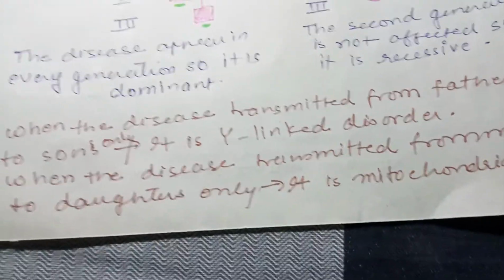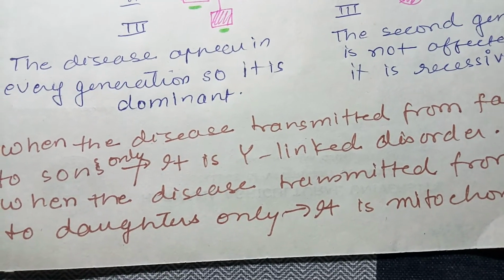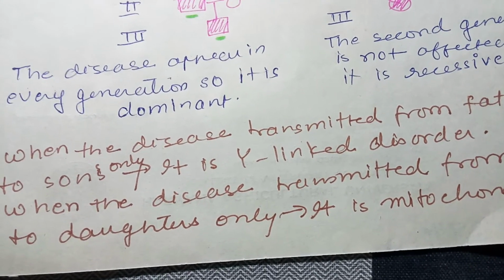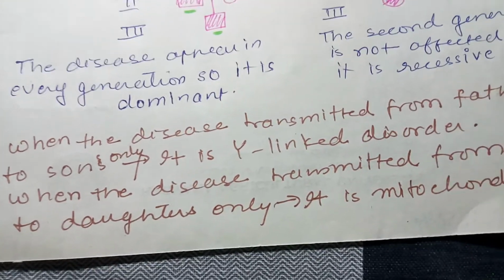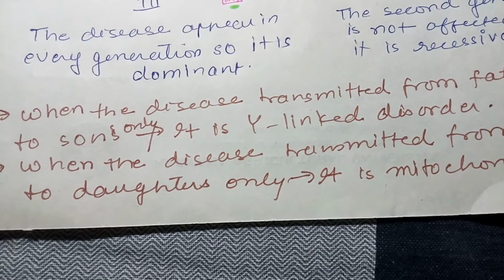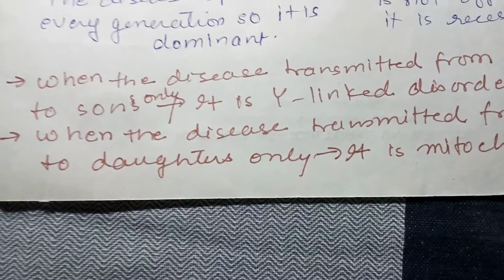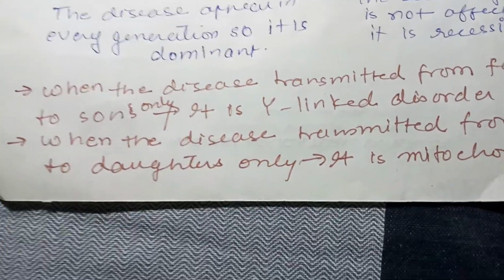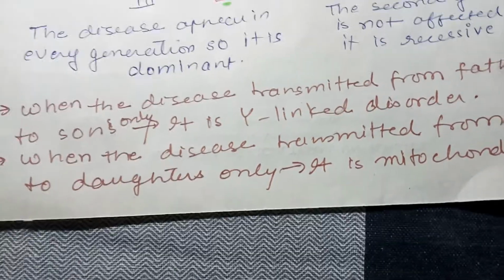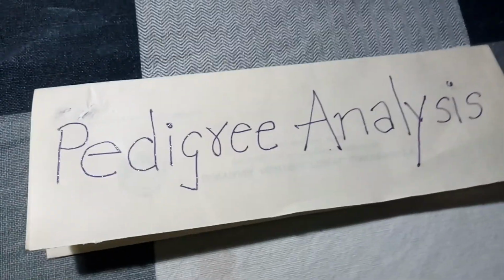We have seen in reproduction that the cytoplasm of the oocyte contributes to gamete formation, and mitochondria in that play a role, and mitochondria has its own DNA. So this DNA also contributes to the inheritance to some extent. Anyway, we don't have it in the syllabus, but this is just for your information. So here we complete pedigree analysis.